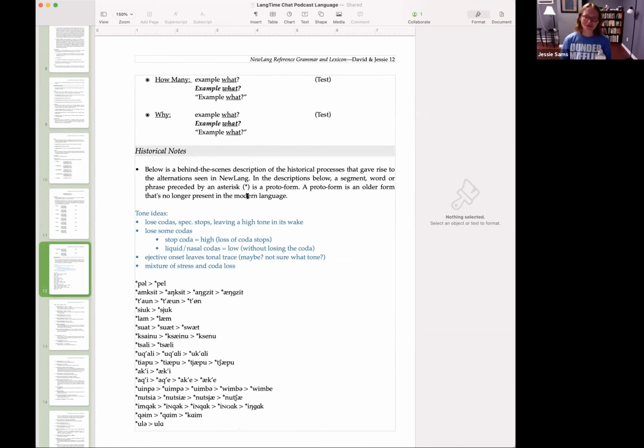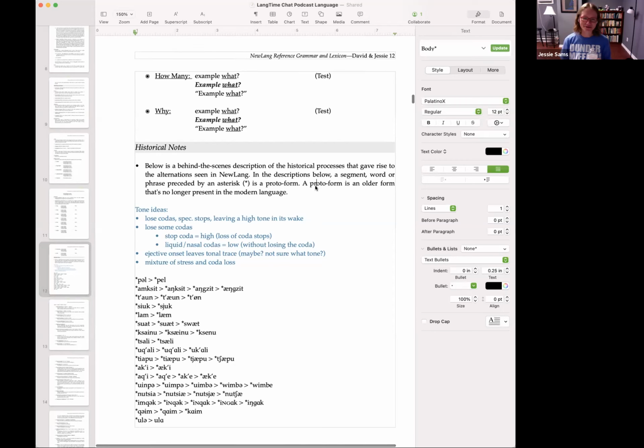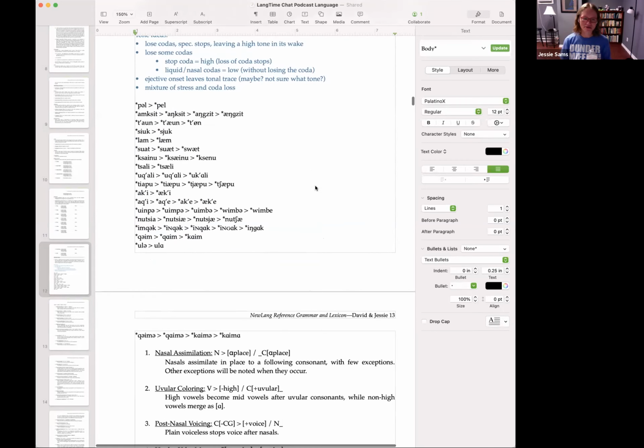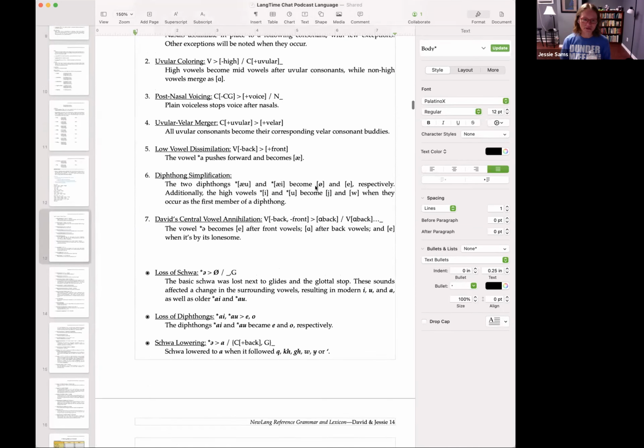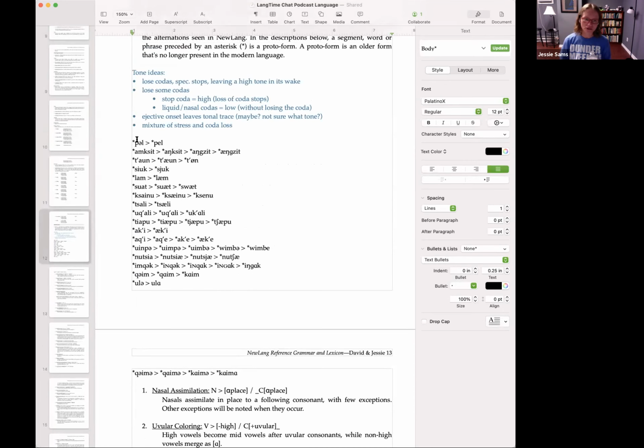So if you go to page 12, and that's of course where I am on the screen share, but you're going to need to get there in your document too. Excellent. This is where we've been working on these forms. We have 7 rules that we have actually created. We've applied them to our list of roots that we're moving through, showing how they evolved. And now we need to actually incorporate tone.